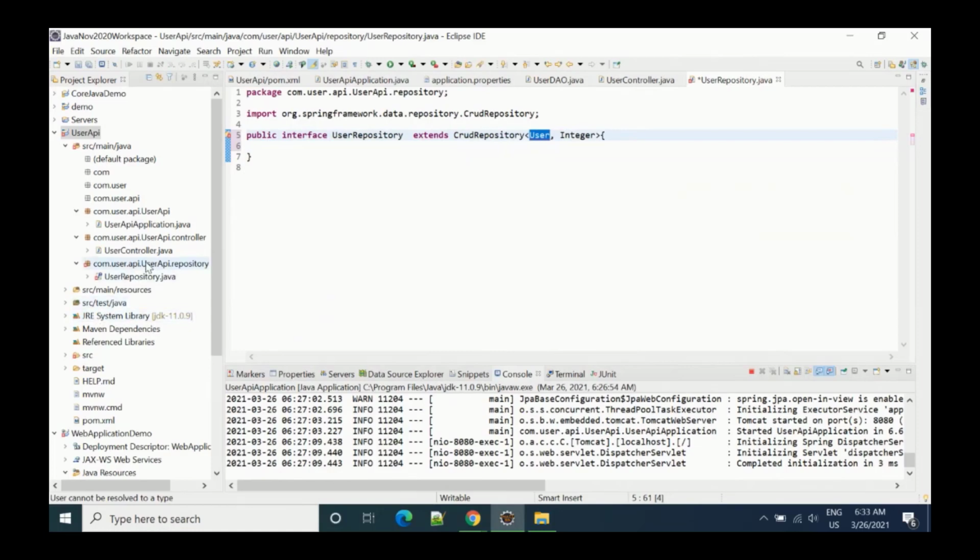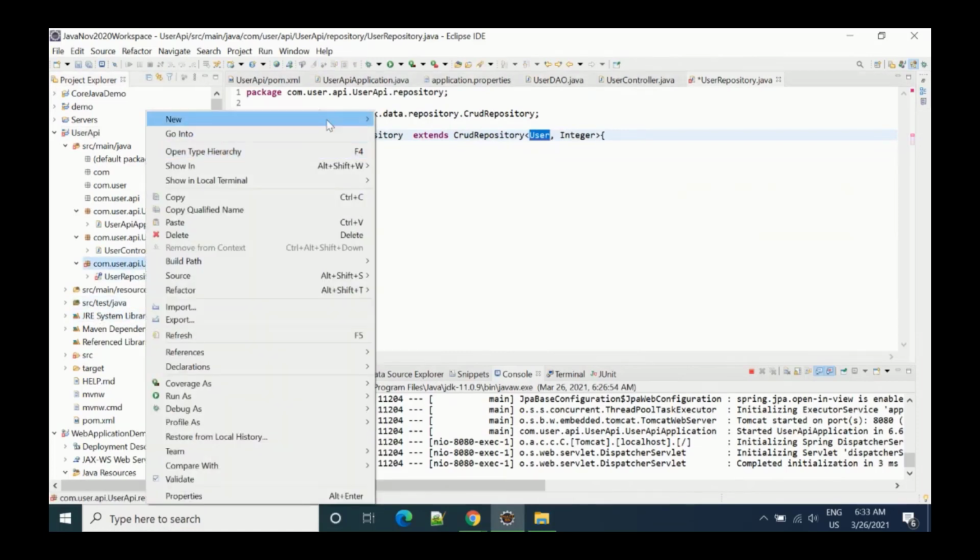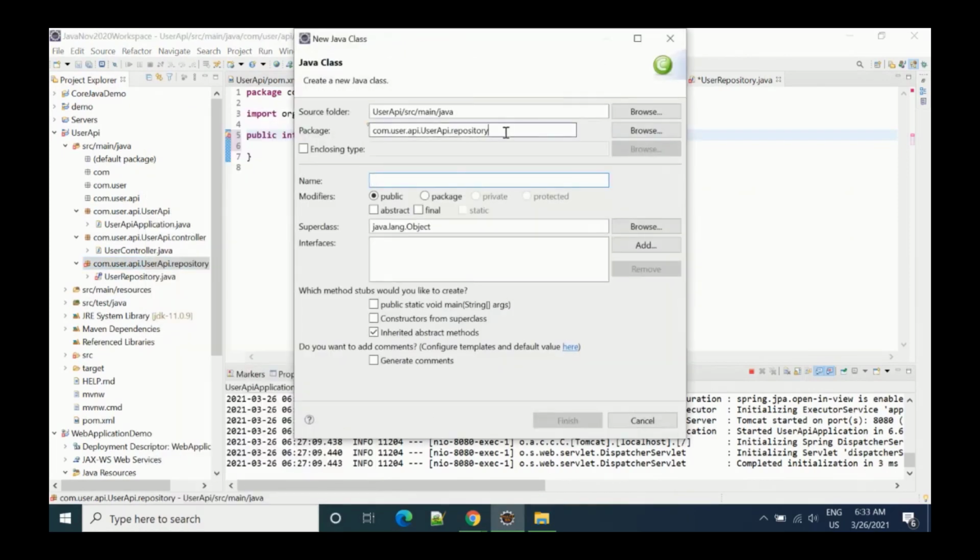Now let's create one model, and inside the model we will put the user class. So I'll say this is model, and in this model we have user, right? Or if you want to put any other name, let's say I can say user form.